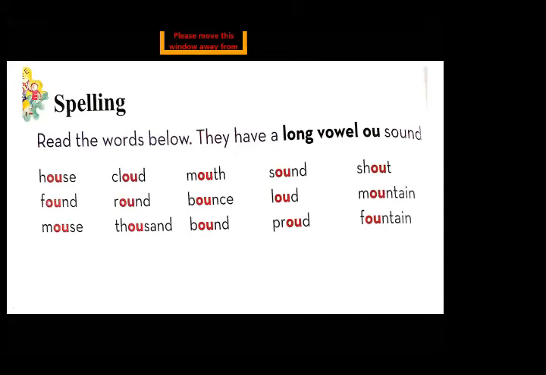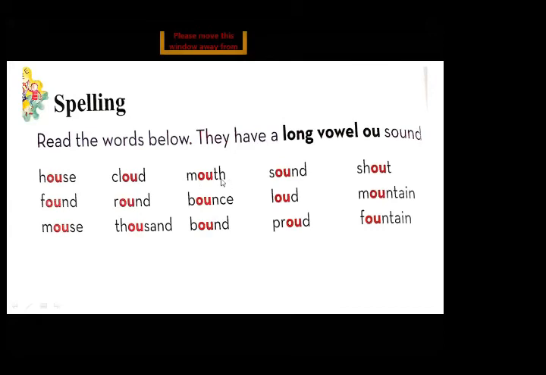A, E, I, O, and U. These five letters are called vowels, and the sounds produced by them are called vowel sounds. So when O and U come together in a word, it gives you a long vowel OU sound, like house,